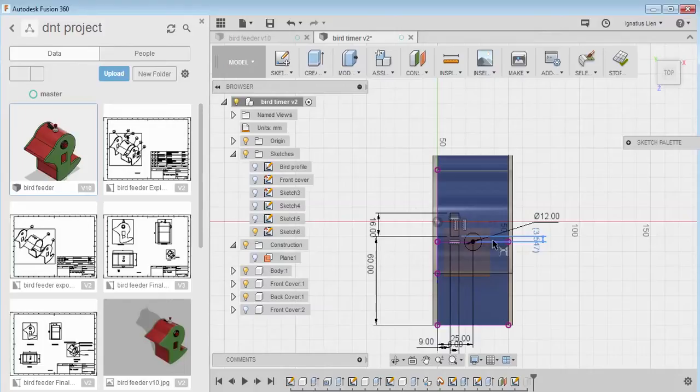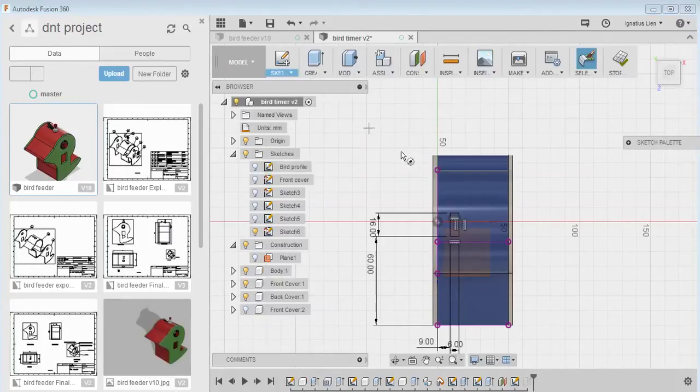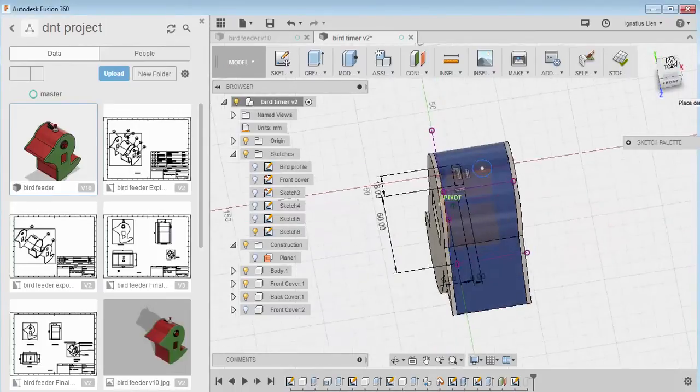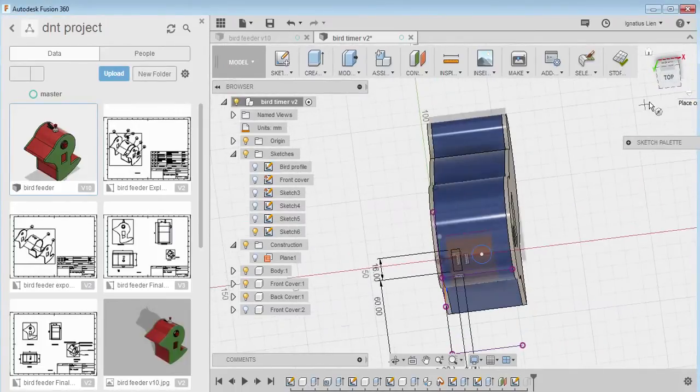Okay, if it's over constrained, maybe sometimes it's good to just delete off this, and let's try another sketch more to the center. Yes, more to the center.